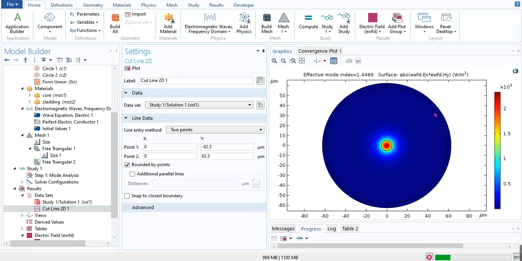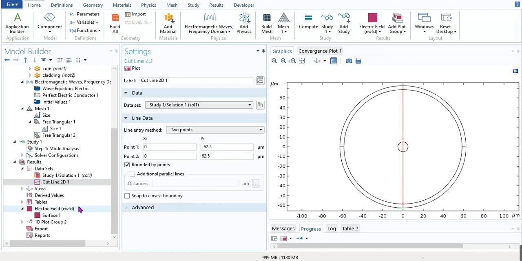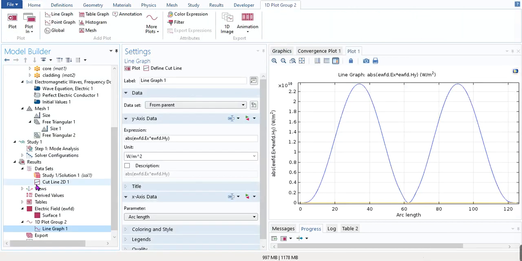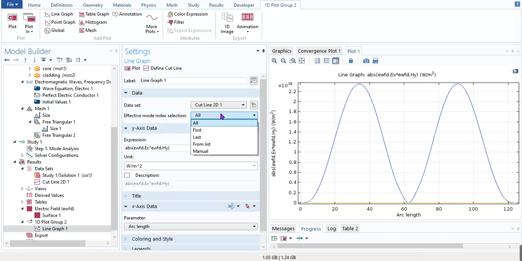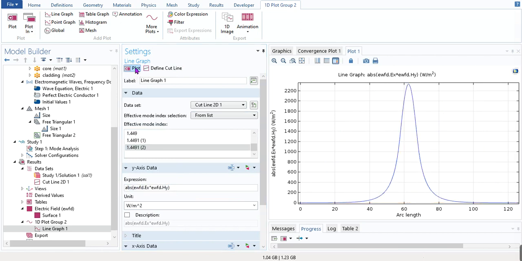So suppose I am taking all the values of Poynting vector at this line. So you just need to go to 1D plot line graph. From there, this is cut line 2D1. So here you need to select cut line 2D1. For the last effective index, you want to plot this Poynting vector profile. So just plot it. And this is arc length.